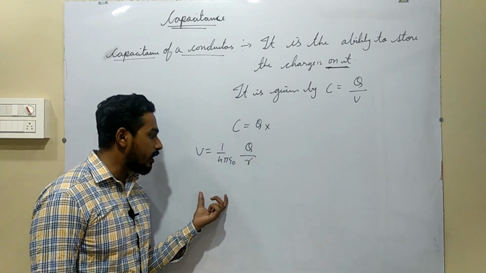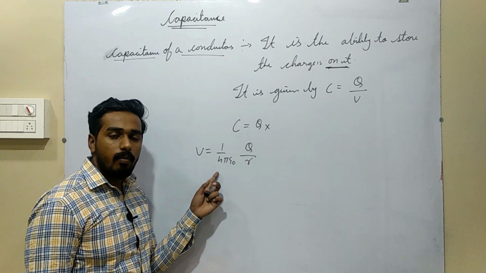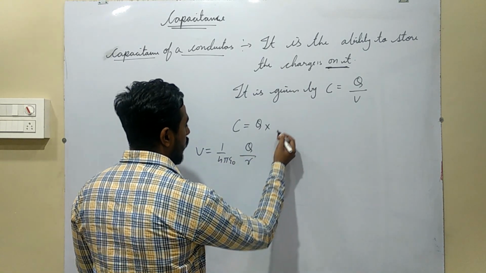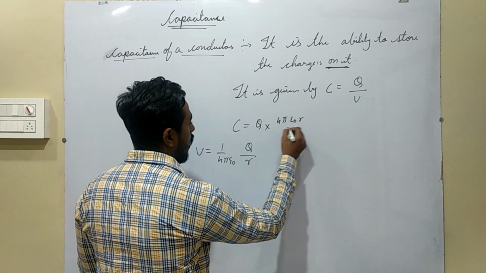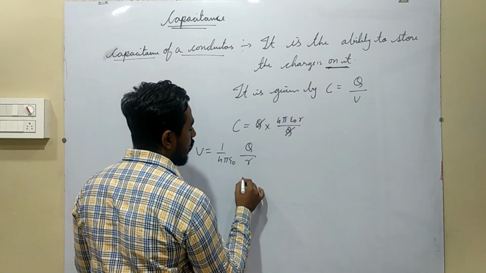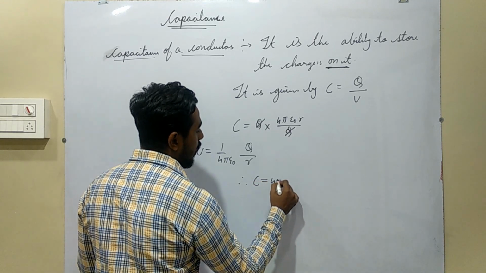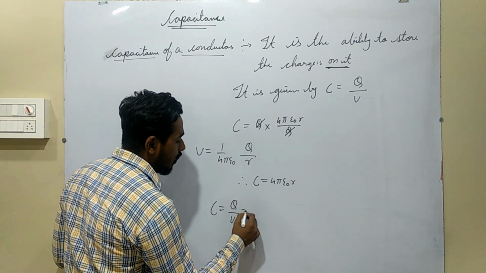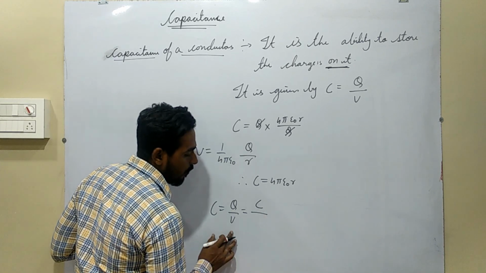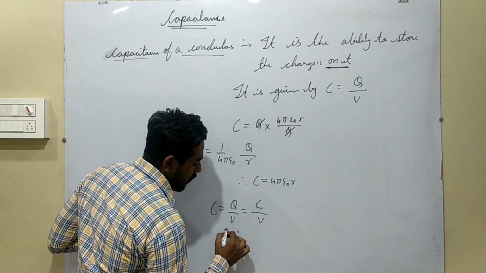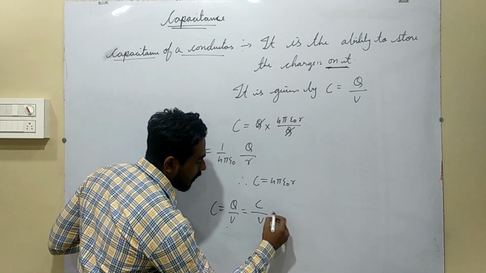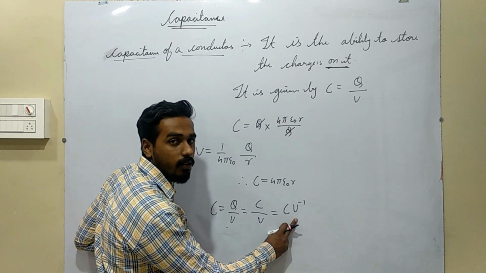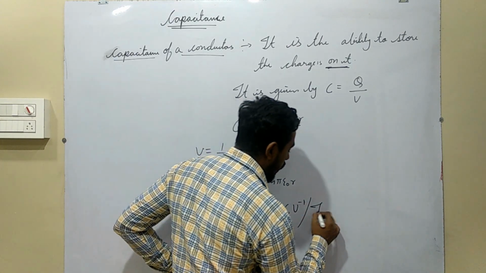In the previous chapter we have studied that potential is 1 divided by 4 pi epsilon naught Q by R. Now when you replace V, this will be the reciprocal, that is 4 pi epsilon naught R divided by Q. This Q and Q get cancelled and we will get C is equal to 4 pi epsilon naught R. Next, the SI unit of capacitance: the SI unit of charge is coulomb and the SI unit of potential difference is volt. Therefore C is coulomb per volt, or coulomb times inverse of volt, which is also called farad